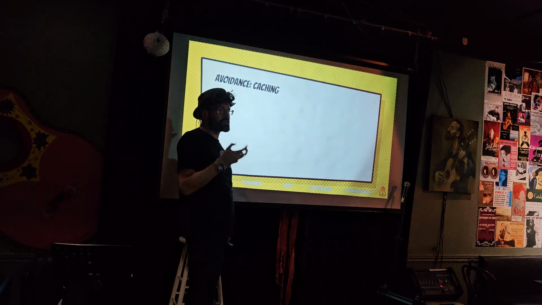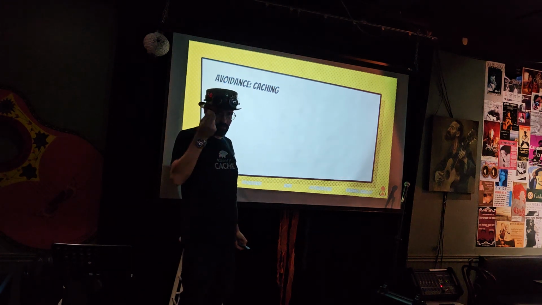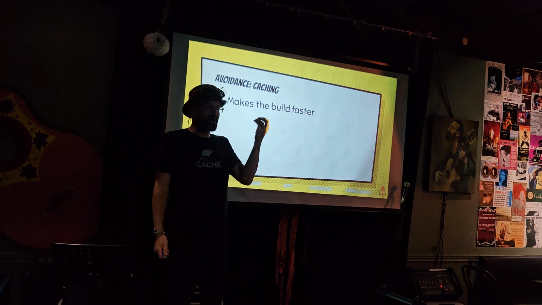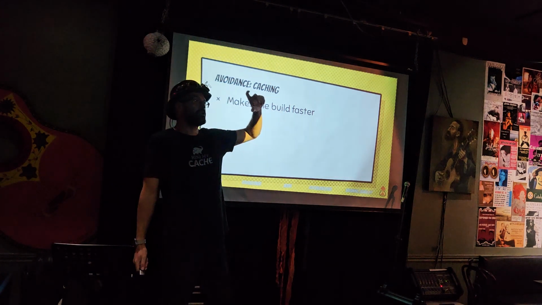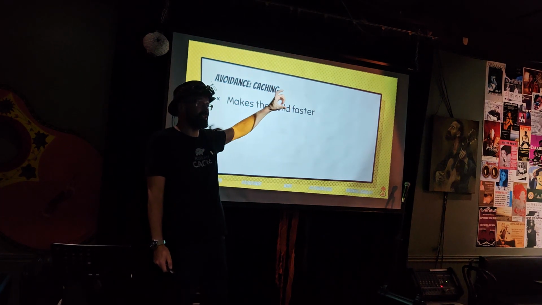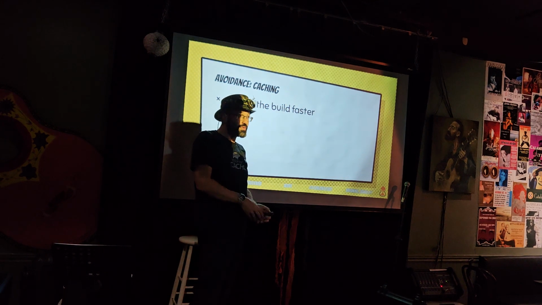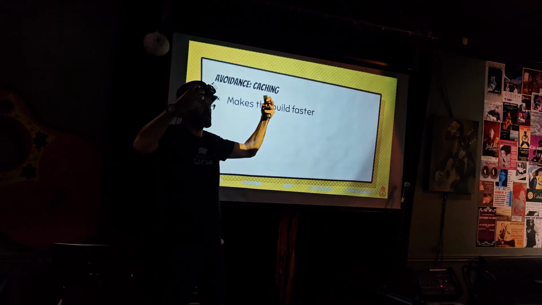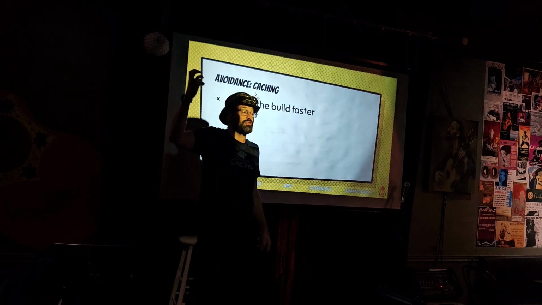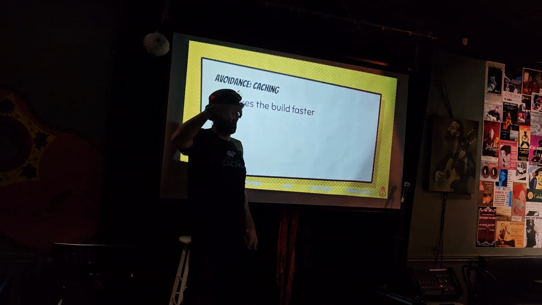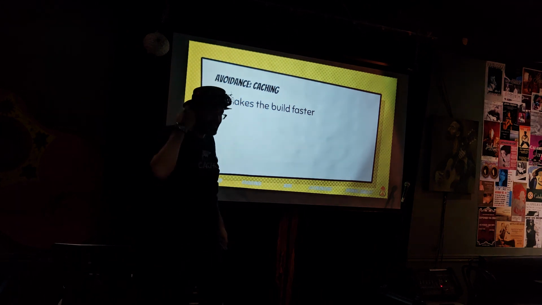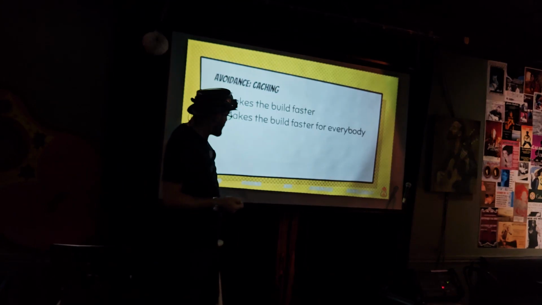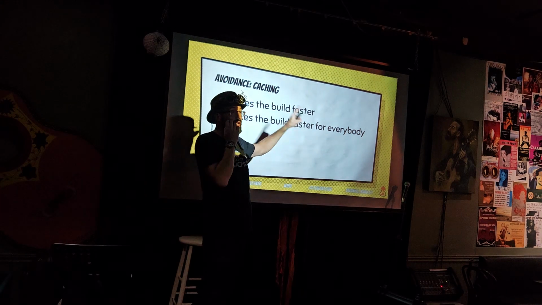Caching is the solution because caching doesn't have those two shortcomings. It makes the build faster because it actually calculates the checksums of the inputs, which can be anything, doesn't have to be physical artifacts. And then it archives the outputs and correlates them with those checksums. And again, the outputs can be anything. It can be whatever virtual concept that you invent. So it does what incremental build does, but when you run clean build, it will still work. And it makes build faster for everybody.